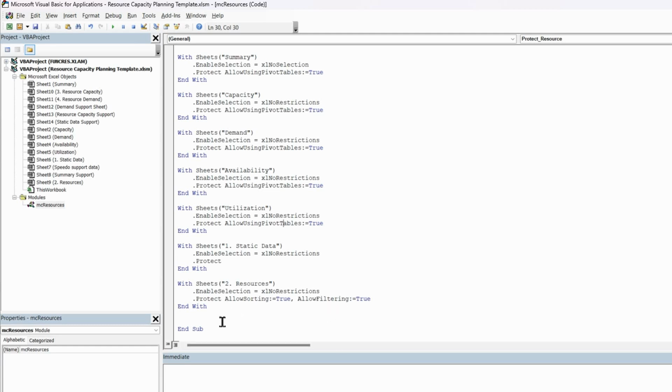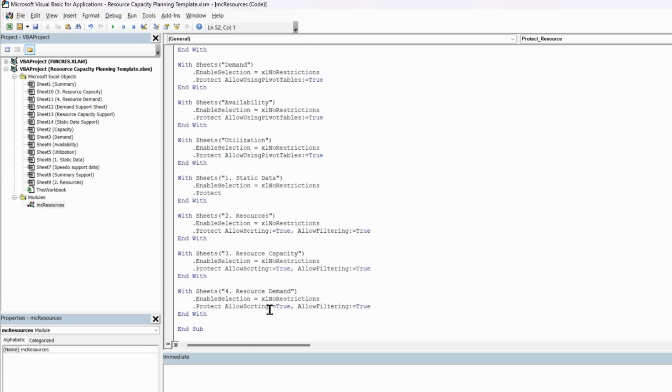Wonderful. And again, for the resource capacity and the resource demand, I want it to be exactly the same as the resources, these two resources. So let me just enter those in as well. There we go. So I've now done those exactly the same. So now we've done the protection for everything. What I'm going to do is just say, right,